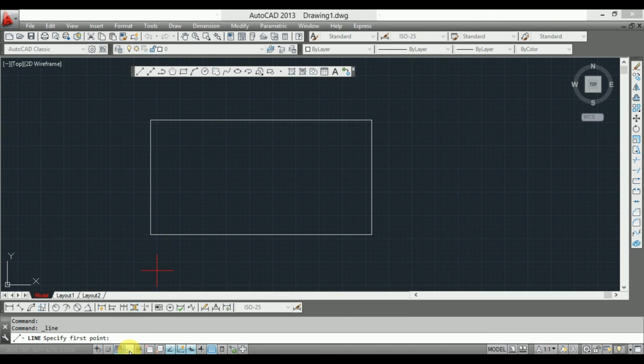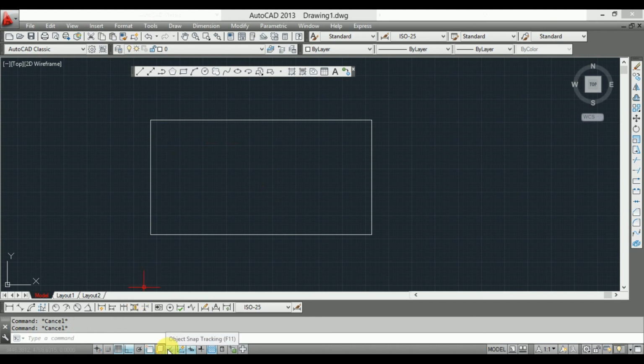If you turn this on, it will take it automatically, like this. It will take the center like this.